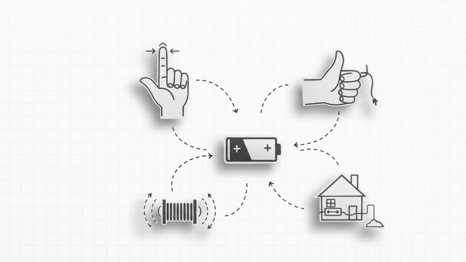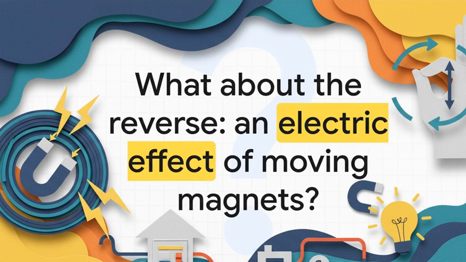Got all that? And I want to leave you with one final thought to chew on. We've spent this whole time talking about how electricity can create a magnetic field that then causes motion. But what about the other way around? Could you take a magnet, move it, and create electricity out of thin air? Well, that incredible idea is called electromagnetic induction, and it just so happens to be the